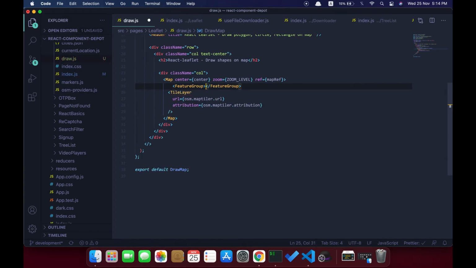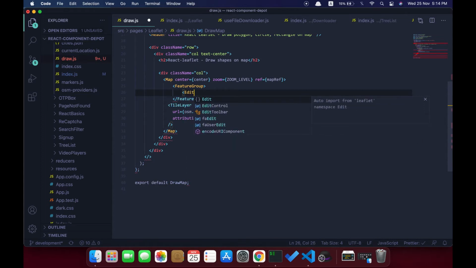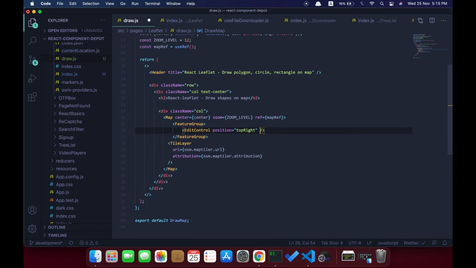Inside FeatureGroup we need to use EditControl, and we can specify the position, whether it goes into the right corner or left corner. I'm going to place it in the top right, so that should be topright. And then you can pass other parameters also to restrict what you need to see in that list.